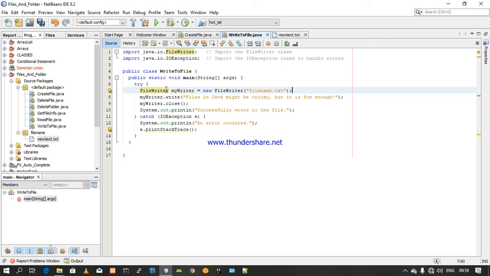We create an object of it as we did in the previous video, then we assign it to a new FileWriter, and we pass in the file that we want to write in. This time we are working in this directory: src /, the folder name,